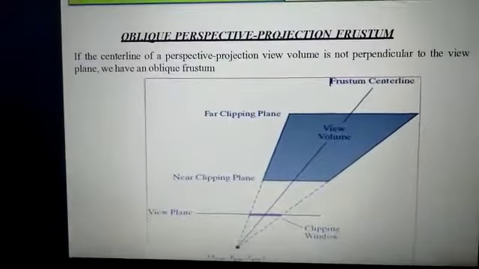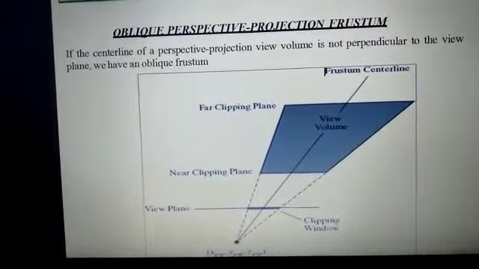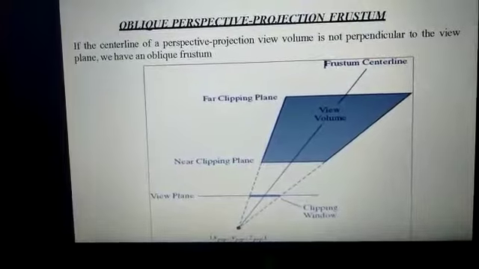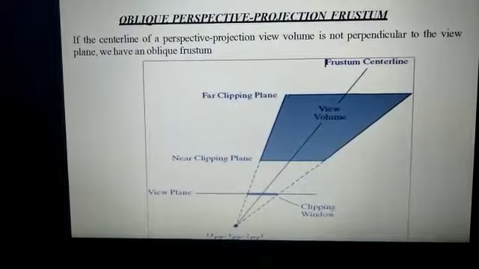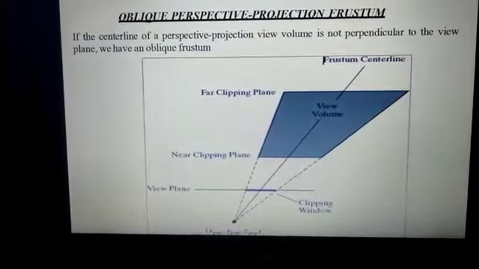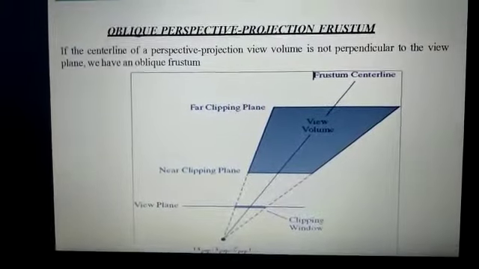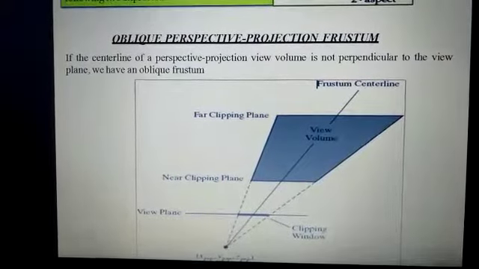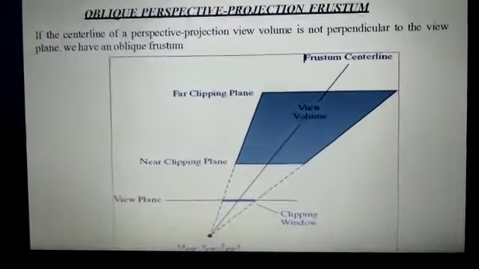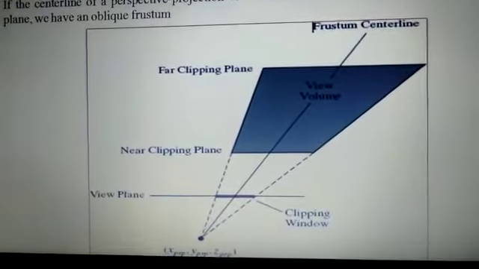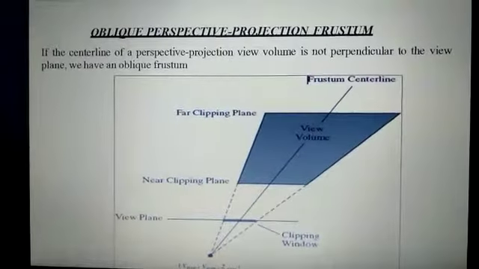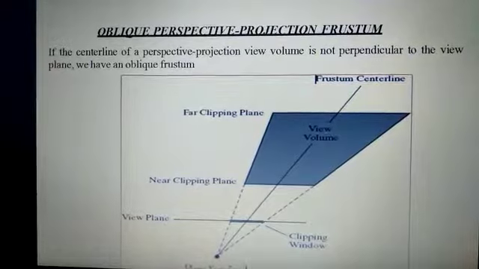Coming to the oblique perspective projection frustum. With respect to the diagram, we can see here, in this case, we can first transform the view volume to a symmetric frustum and then to a normalized view volume. An oblique perspective projection view volume can be converted to a symmetric frustum by applying a z-axis shearing transformation matrix. This transformation shifts all positions on any plane that is perpendicular to the z-axis by an amount that is proportional to the distance of the plane from a specified z-axis reference position.